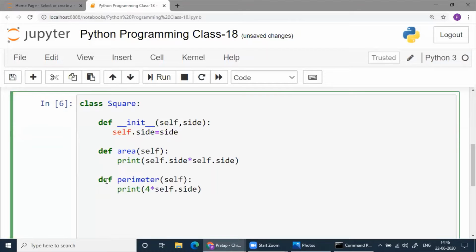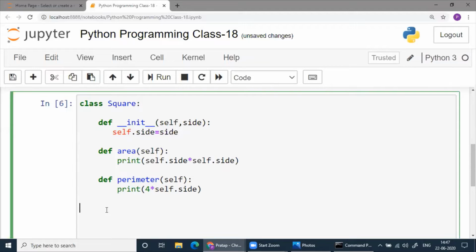So if you see here, I have one attribute, side. I have two methods, and this one is also a method, but it is the one for initialization. That is the difference.